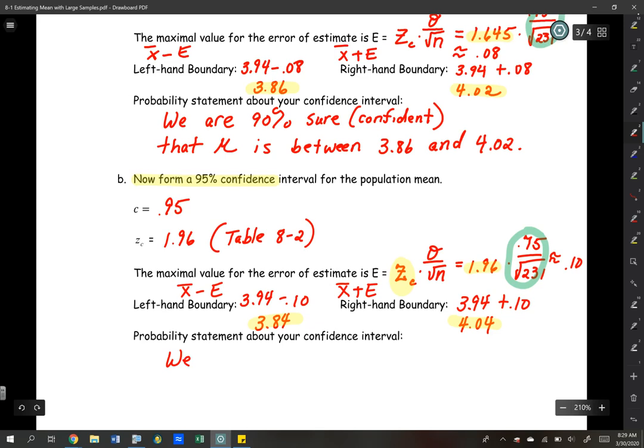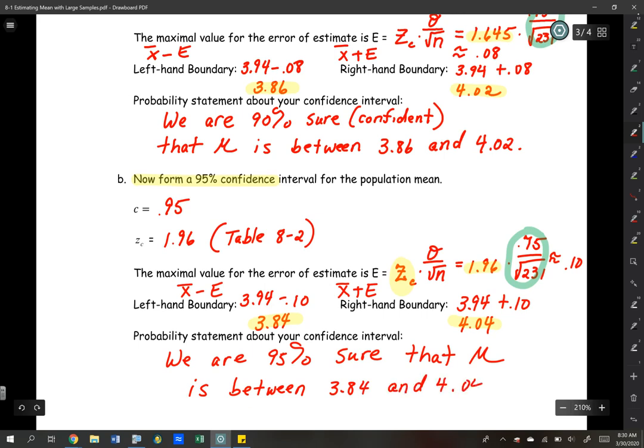We are 95% sure that mu is between 3.84 and